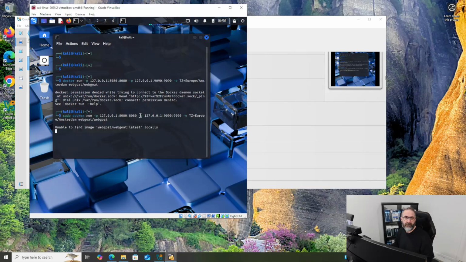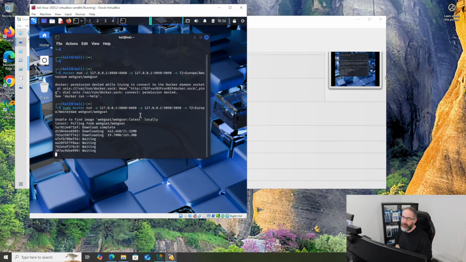Unable to find. That's fine. It's going to go out to the internet and grab. That's why we need the internet to be connected, so you can actually download these files. After we install WebGoat, we're going to install Juice Shop, another application that we'll be using to perform our pen